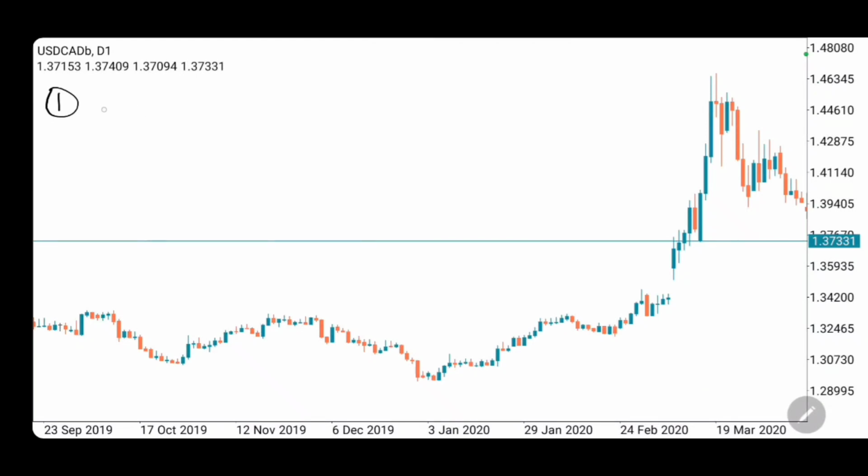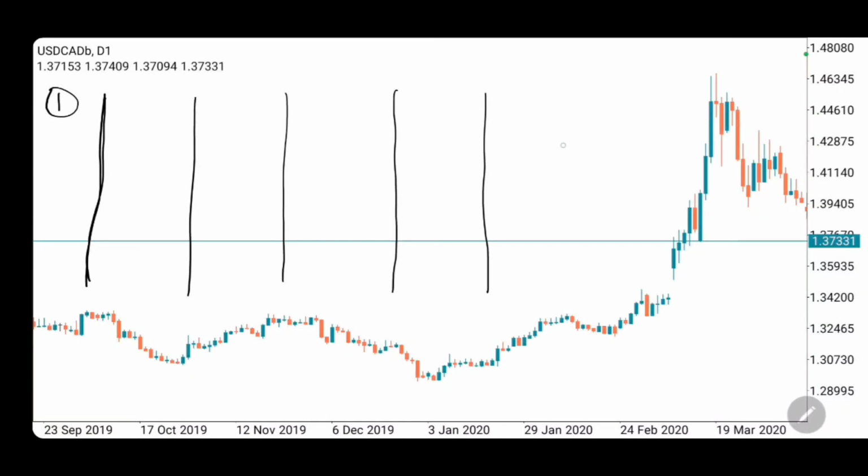So the first one, what you need to do when you wake up, if you are trading the London session, is activate your period separator. Go to your MT4 settings and activate period separator. What does period separator do for you? It will separate each day from another using the period separator lines. So assuming this was yesterday,